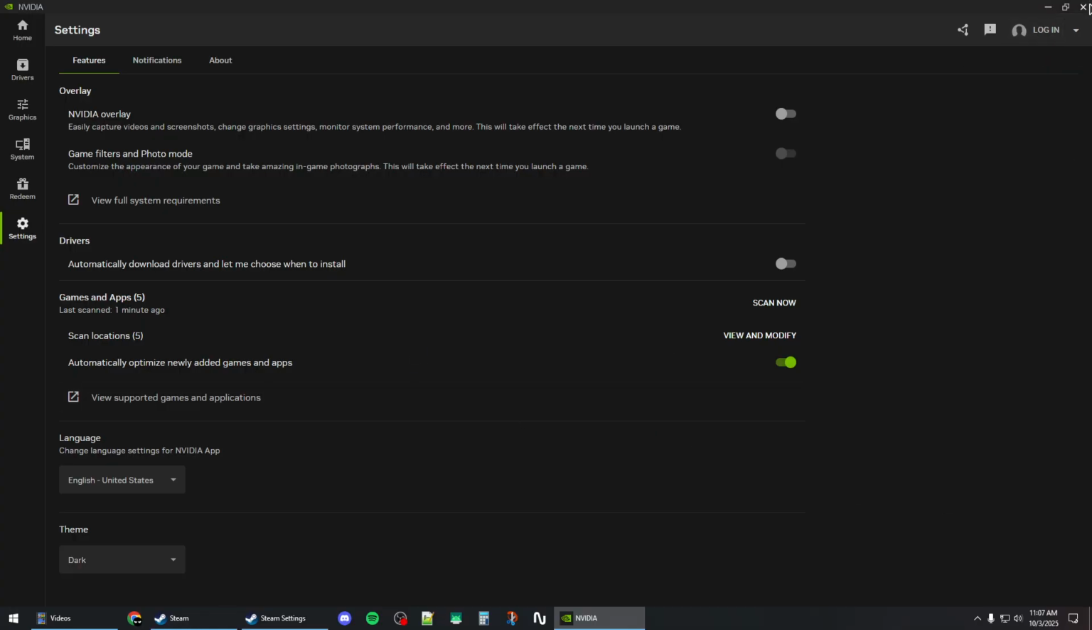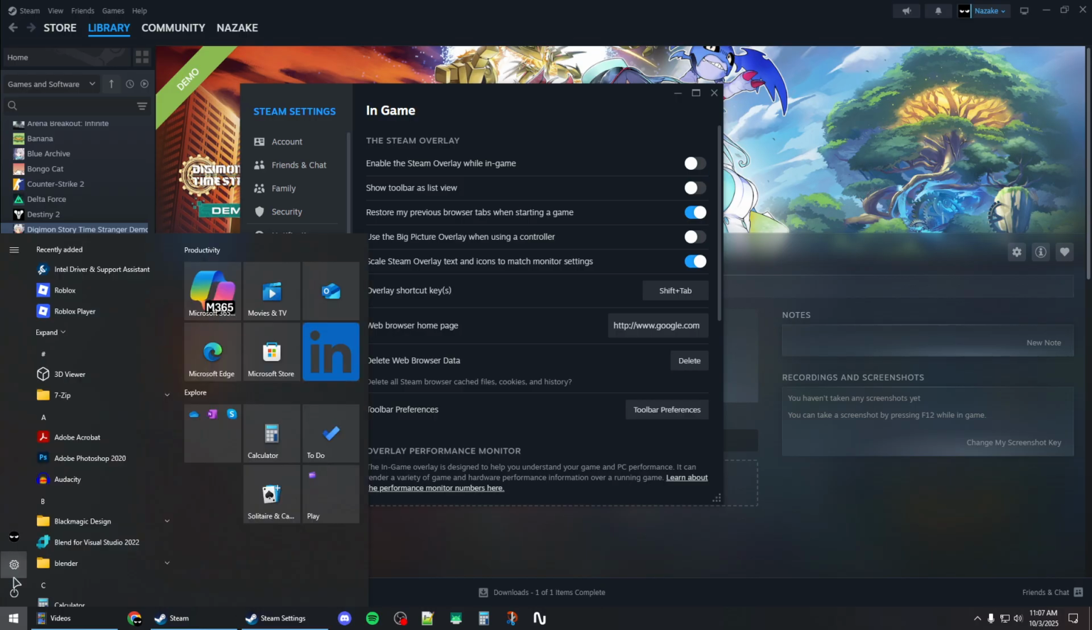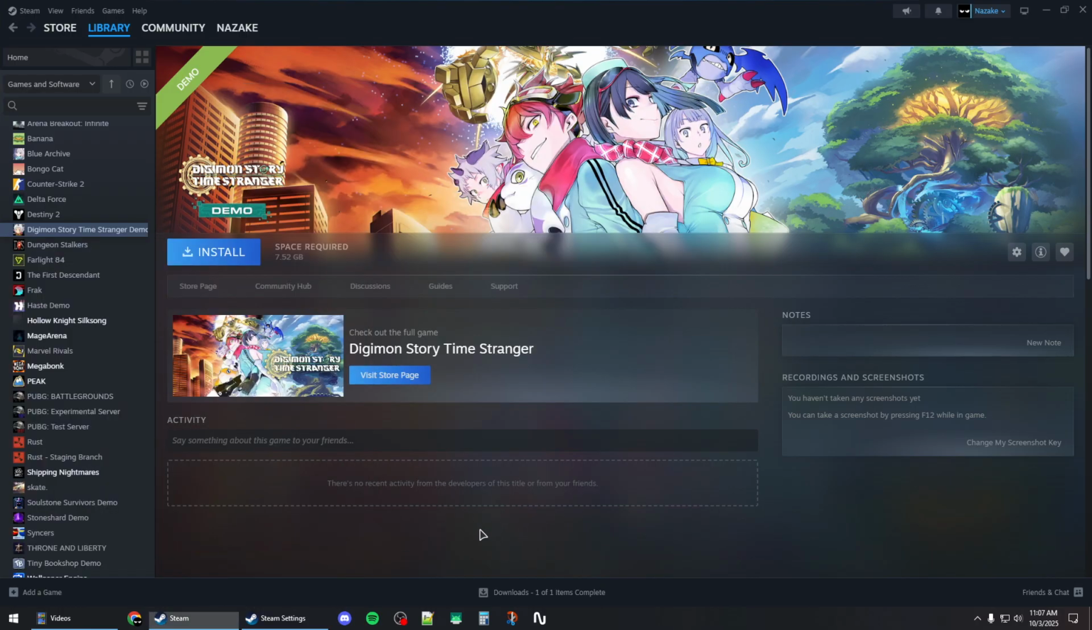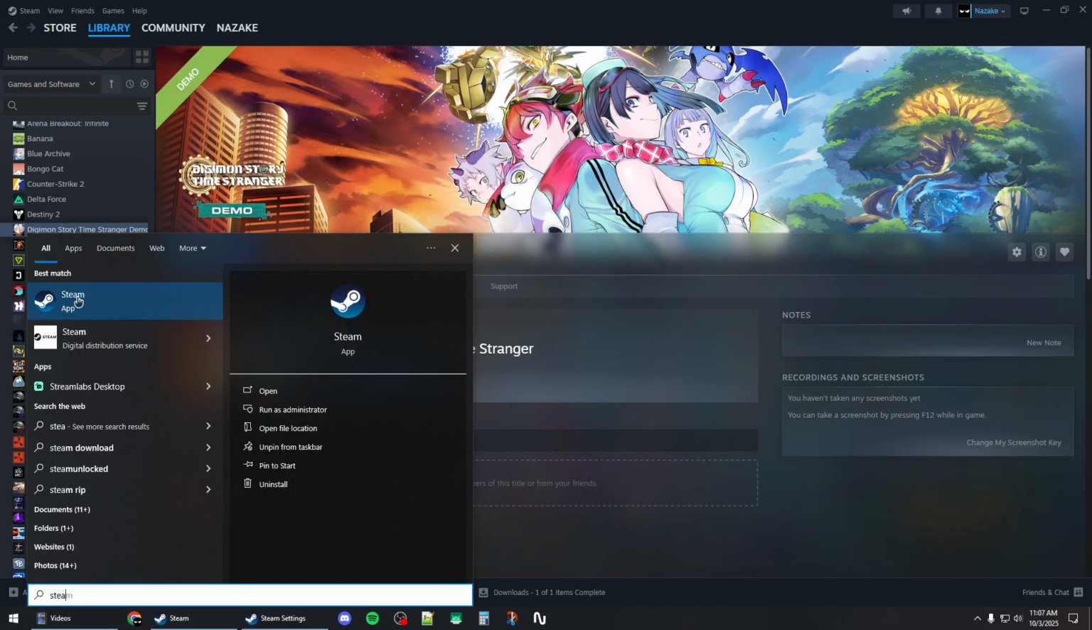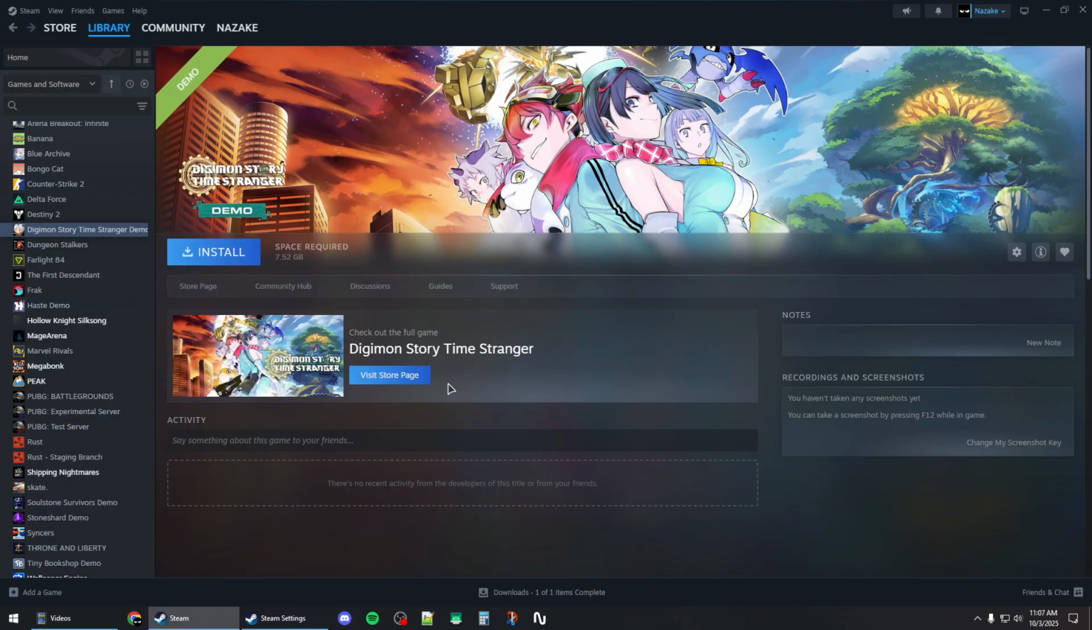Next, you will need to restart your computer from the restart button right here. And before opening the game, you should launch Steam as administrator by right-clicking on Steam and then clicking on Run as admin. And then just hit the play button to launch the game again, and that should